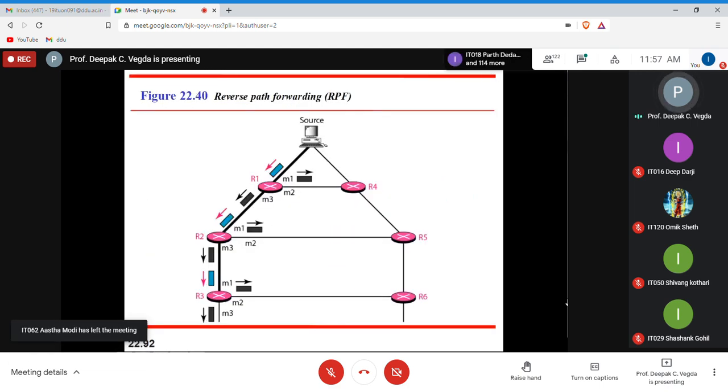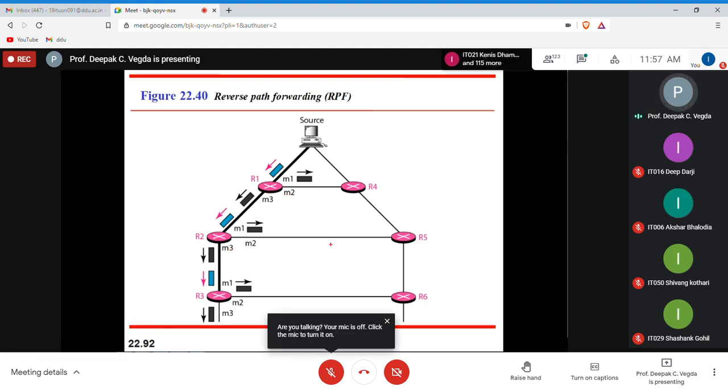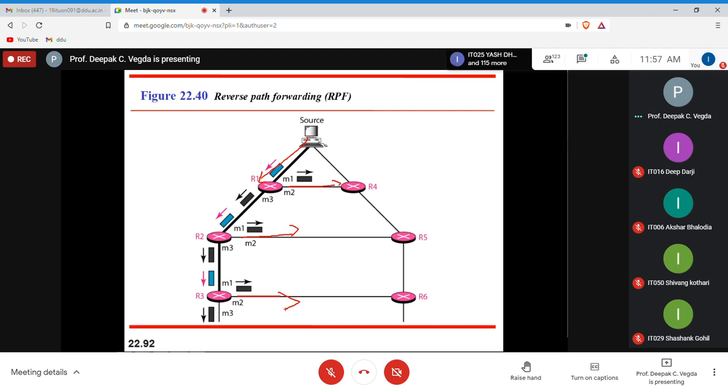It's easy for you when you understand this. It's very easy for you. You see here, this is your source, and router 1 is here, router 2 is here, a number of routers are there. This M is nothing but a message which you have created, right? So when you forward it from source R1, it is going this side, and it will only forward one packet here, only a packet here, only a packet here, right? A single packet is forwarding.